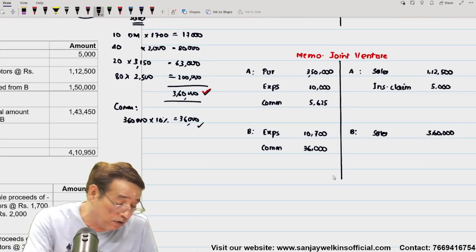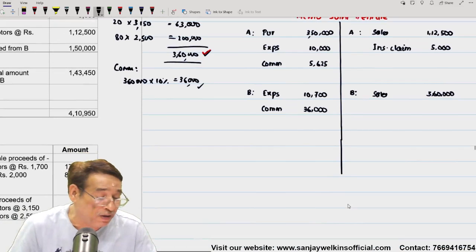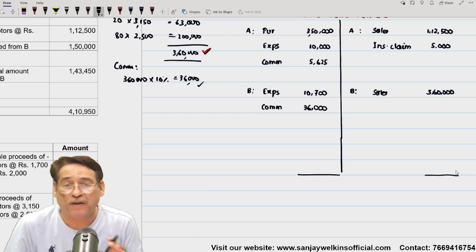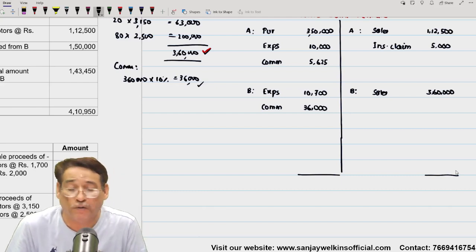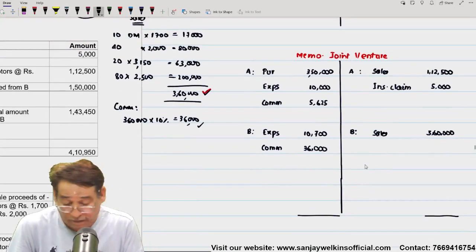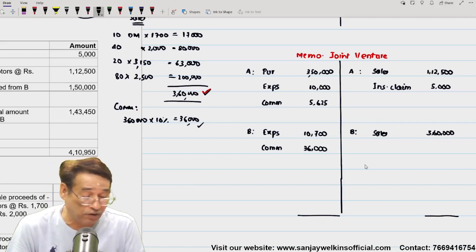Is it clear to you or not? Once you have incorporated all the items of debit and credit which are appearing in the books of both the parties, correct? Now you are in a position to find out the profit. Suppose I am going to find out the profit in this particular case: 1,12,500 plus 5,000 plus 3,60,000 minus 3,63,510 minus 5,625 minus 10,700 minus 36,000, and that is equal to,